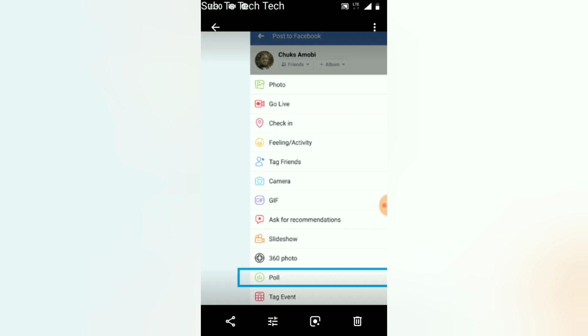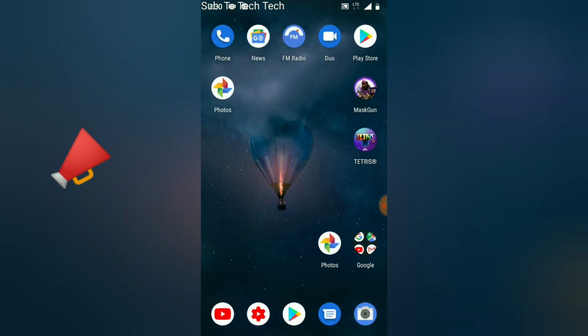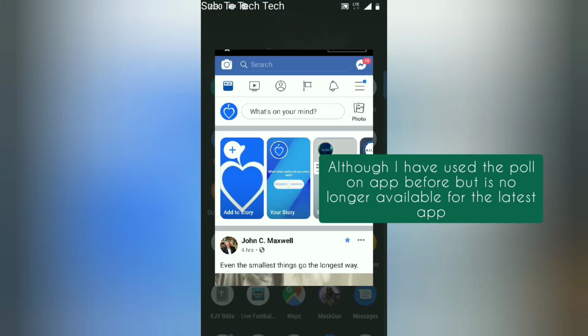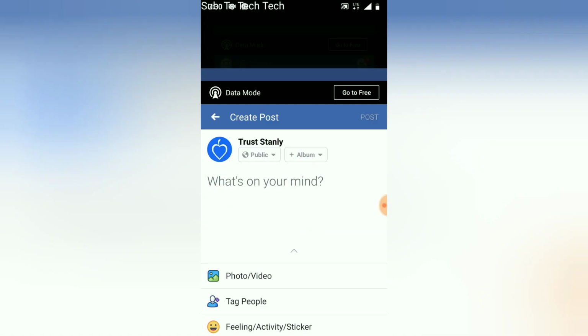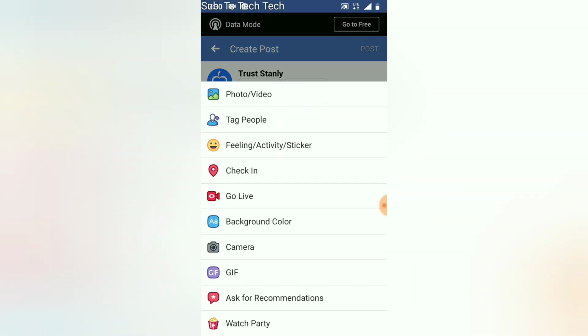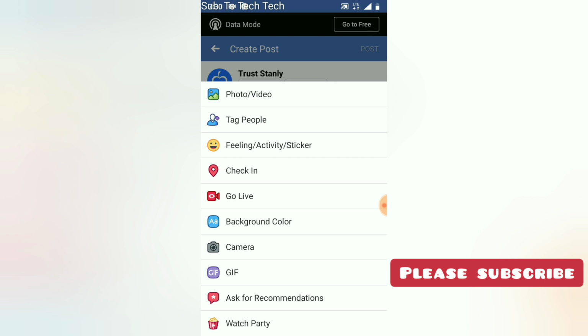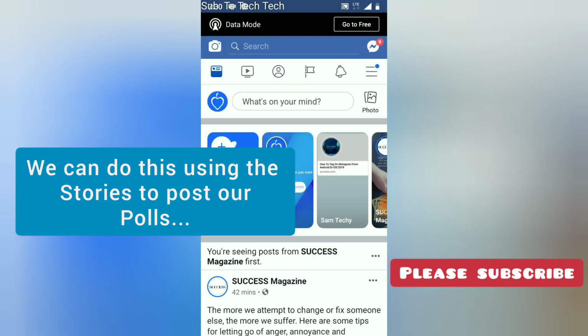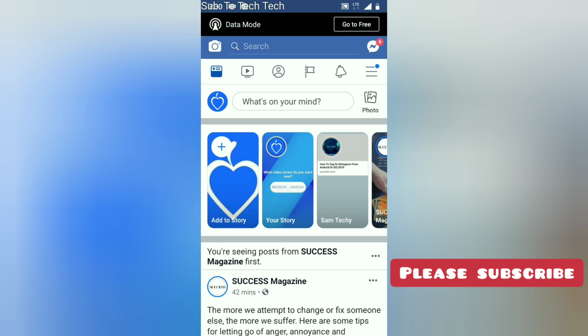But then, let me back out. I'm going to show you guys how to create this poll on your mobile application. But then there is a glitch in this mobile application. The issue is Facebook actually removed the option for creating polls. When you click on your Facebook application and then click on this area and scroll down, you no more see the poll option. Normally you get to see the poll option right from here, but for some reason it displays on your desktop application only. I don't know why Facebook removed it,